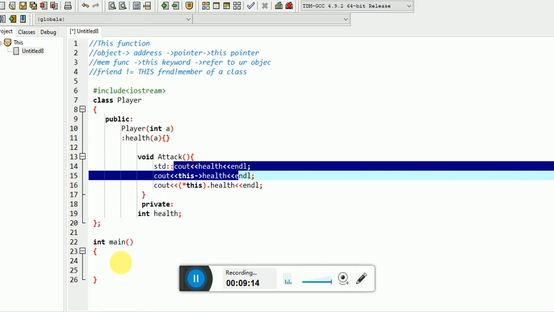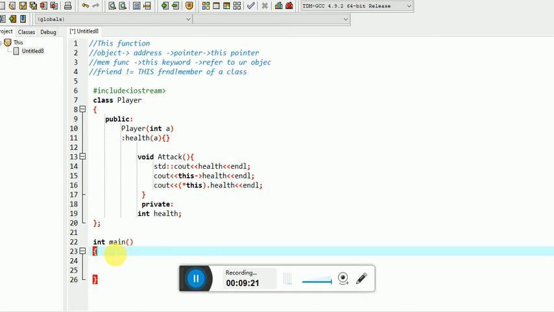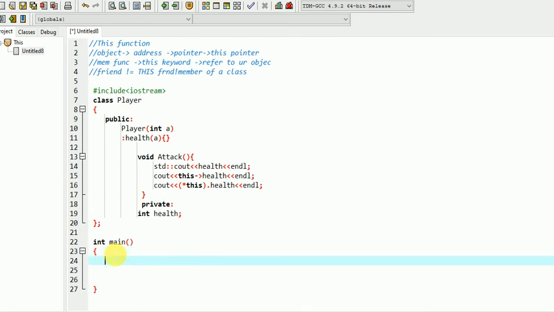Now we have to create an object of our own to specify the things over here. We will be creating an object. Let the name of my object be hero. Then we will be passing the value to this.